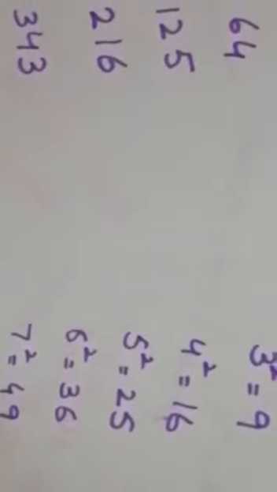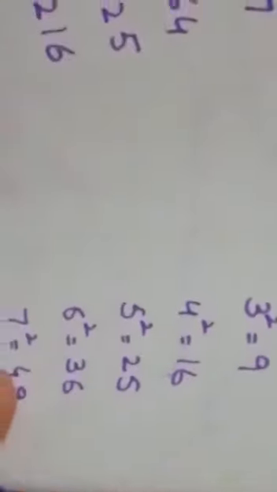Sometimes we can find square roots and cube roots without prime factorization and without using a calculator. For this purpose, we will recall the perfect squares and perfect cubes. We know that the square of 1 is 1, the square of 2 is 4, the square of 3 is 9. The squares of all these numbers are called perfect squares: 1, 4, 9, 16, 25, 36, 49, 64 and 81.